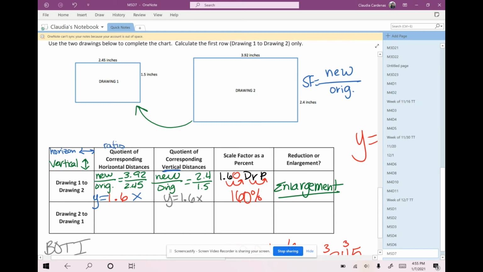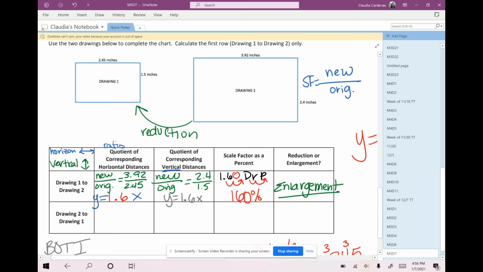And so what can we predict is going to happen for the second row? What do we think is happening when we look at it visually from drawing 2 to drawing 1? Well, it appears to be getting smaller, and we know that's called a reduction. And so we think that because it physically looks smaller than the original, let's see if we can mathematically determine that it is. So we're going to find the scale factors